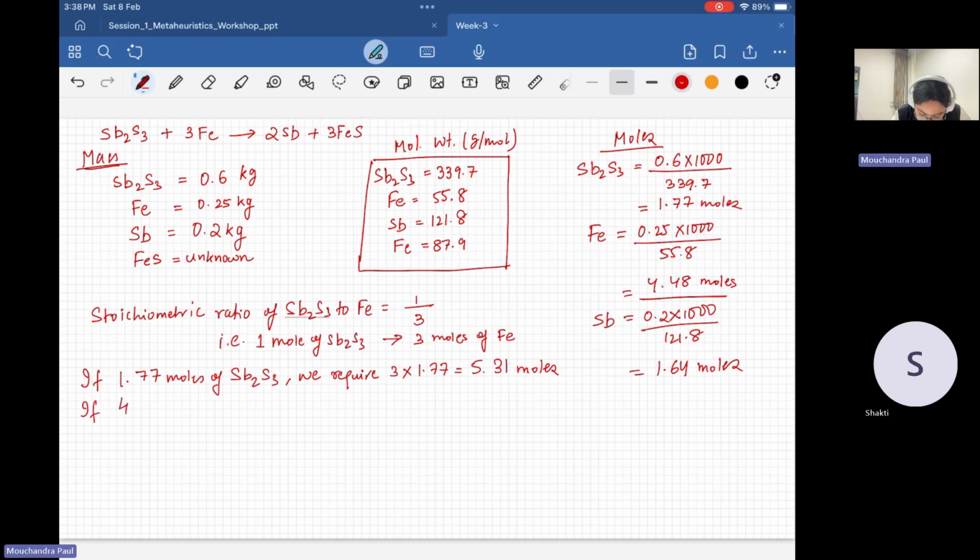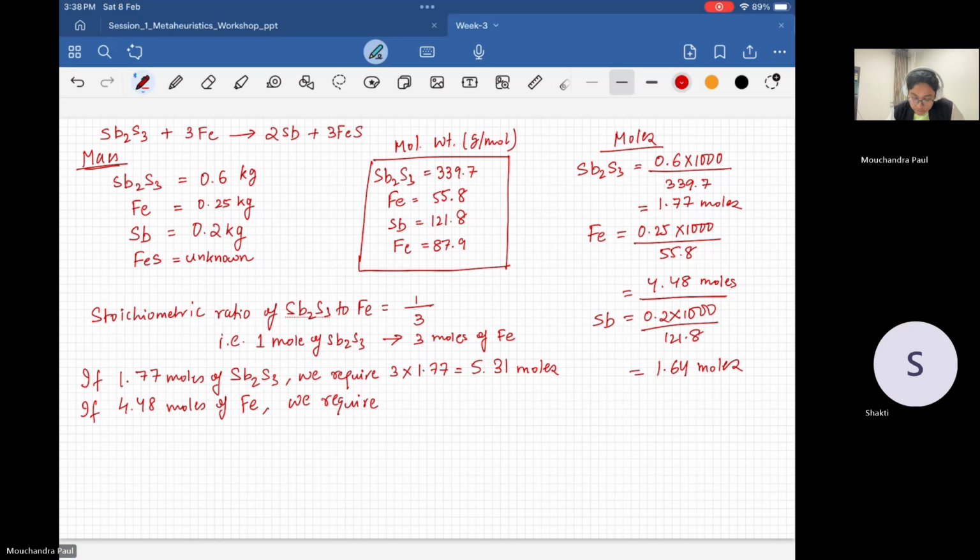We are given 4.48 moles of Fe. Just to check: from the first statement, it is quite clear that Fe is the limiting reactant, but we should otherwise check as well what the required number of moles for Sb2S3 is and whether we are given that much or not. If 4.48 moles of Fe is given to us, that is the true value. Then stoichiometrically,